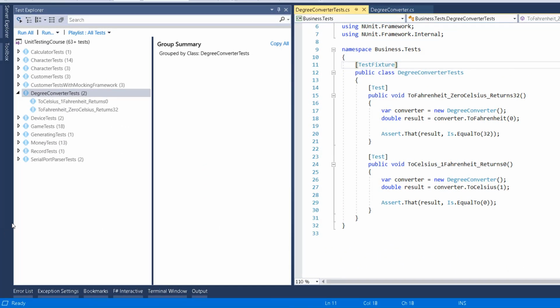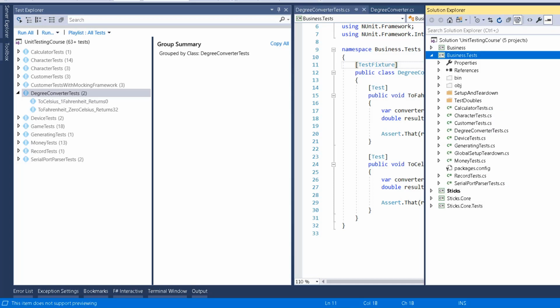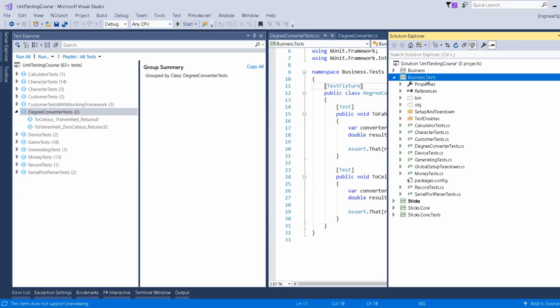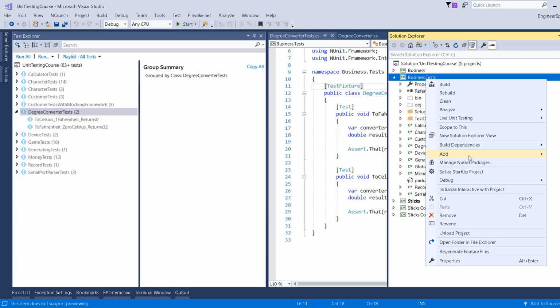You can see that I have a problem here. The thing here is that the test runner doesn't want to run our tests. And this is because starting from a certain version of Visual Studio, we need to add to each testing project the test adapter NuGet package